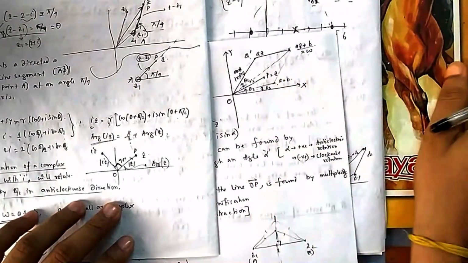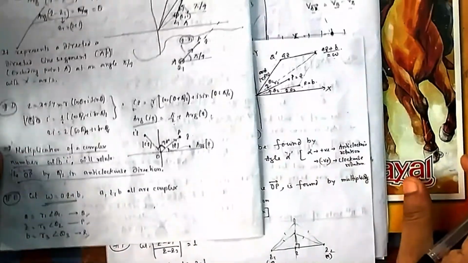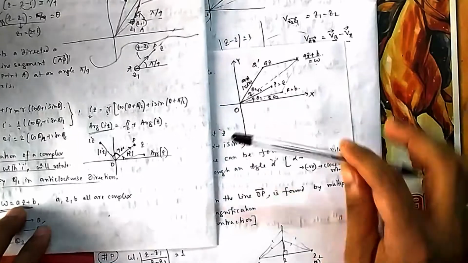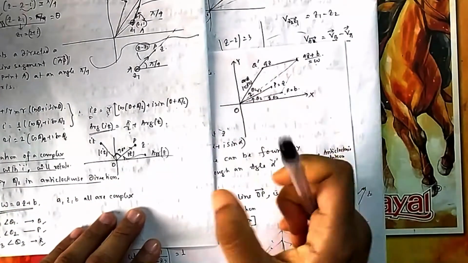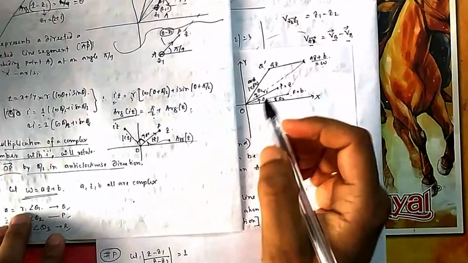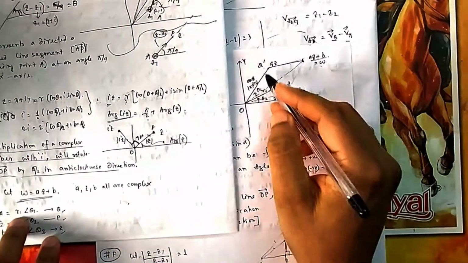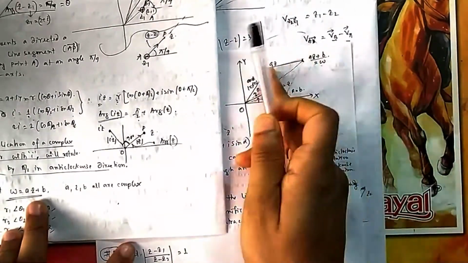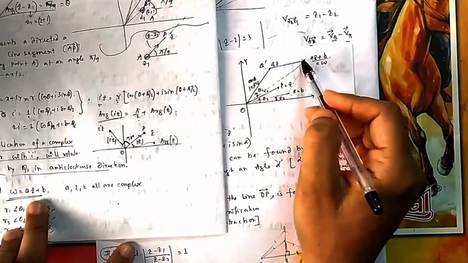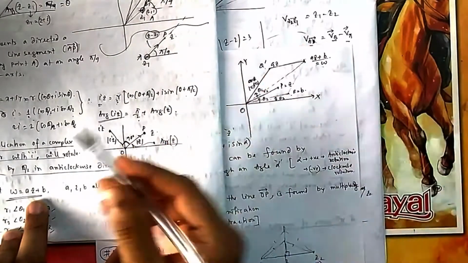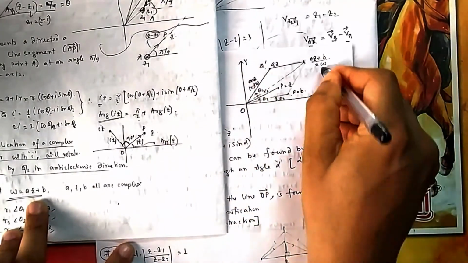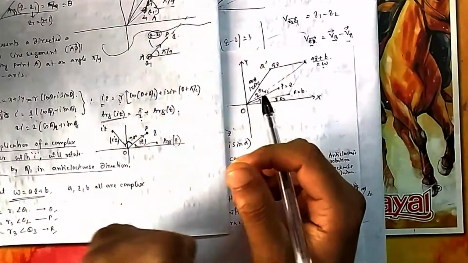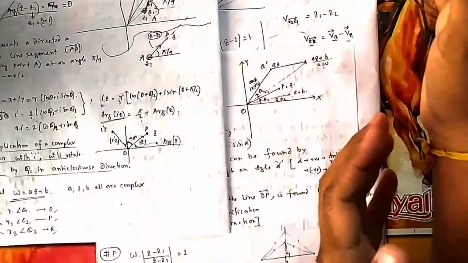So now you can graphically see the meaning of all this. First it is rotated by an angle of theta 1 because it is multiplied by A, whose angle is theta 1. Then its magnitude is multiplied by the magnitude of A. Then it is slid towards B, because addition is nothing but sliding in the direction of B. It goes as much as B in the direction of B from that point. That will give you W. So you can remember it this way: product gives a rotation effect, addition gives a sliding effect.